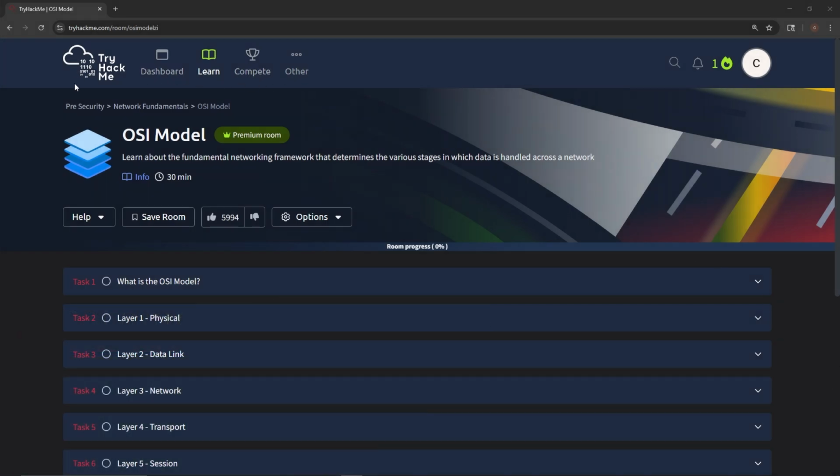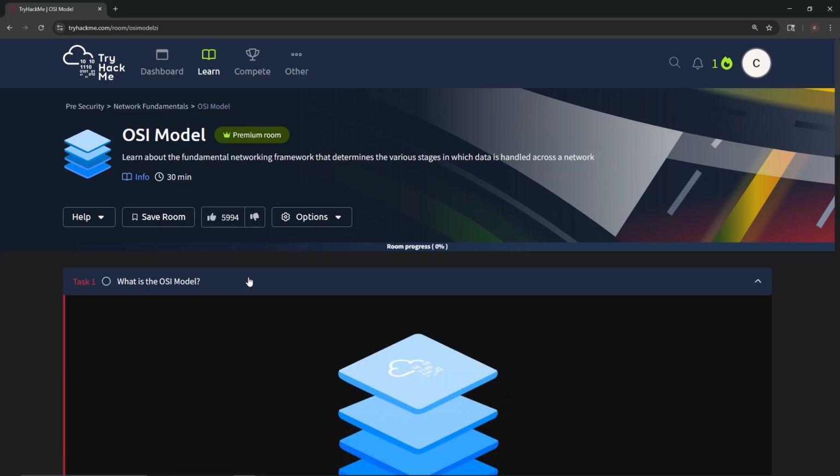So here we are at TryHackMe's Pre-Security Network Fundamentals OSI Model, right? With this one, we're going to learn about the fundamental networking framework that determines the various stages in which data is handled across the network, whatever that means. All right, so we're going to start here with task 1, the first section called What is the OSI